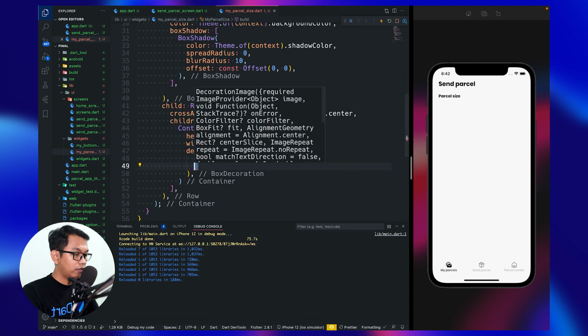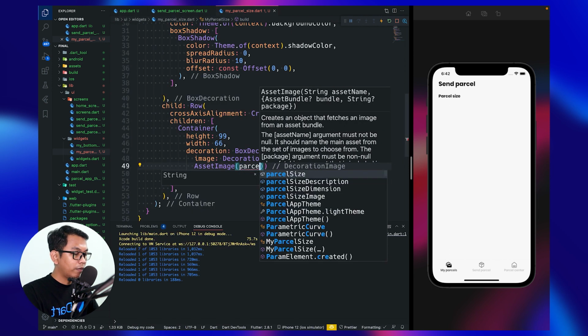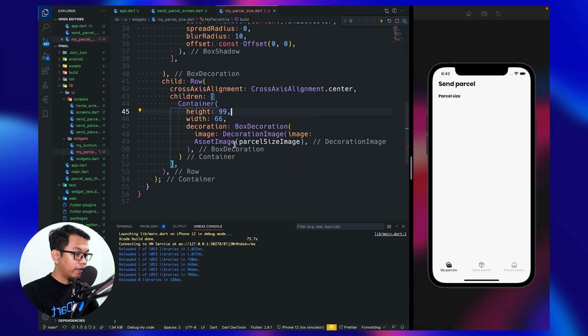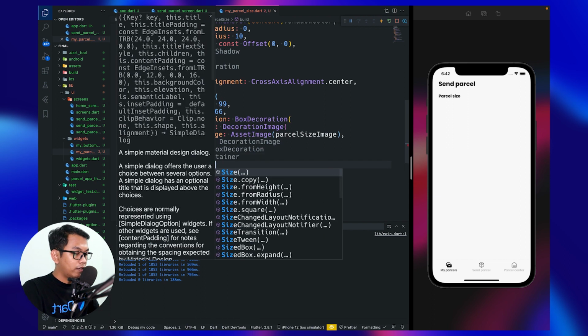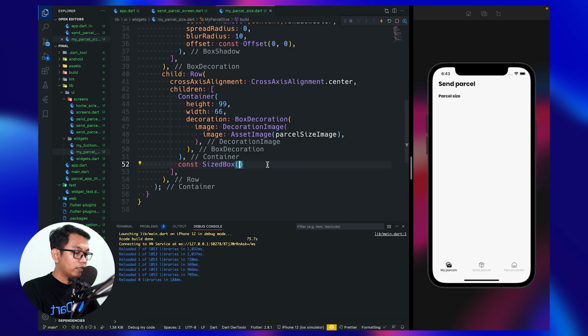Inside that we say asset image, and we call our variable parcel size image. Below our container, let's give a size box for distance, around 38.